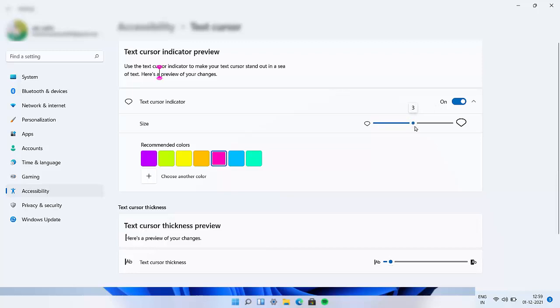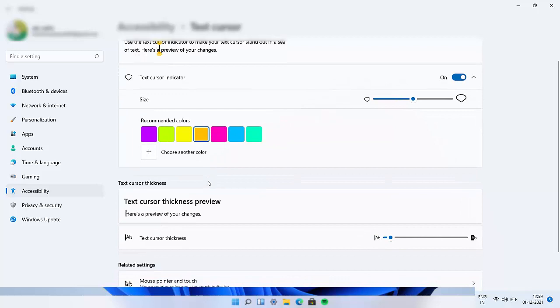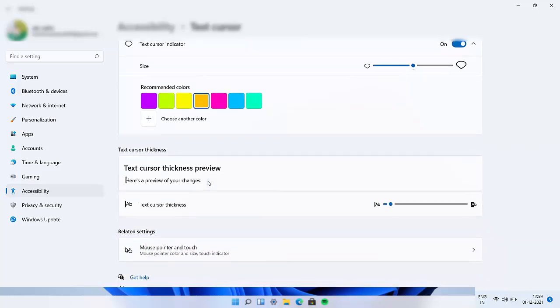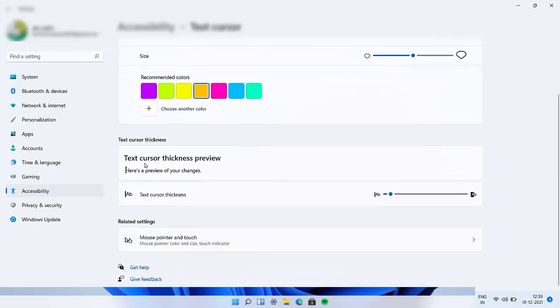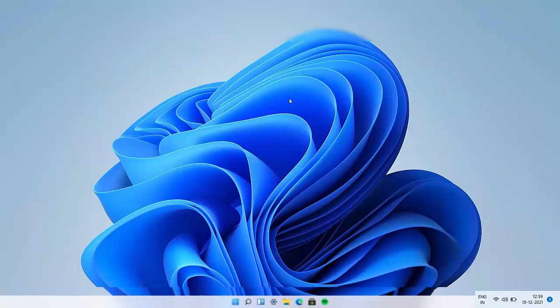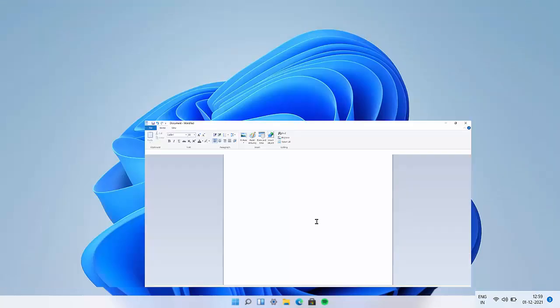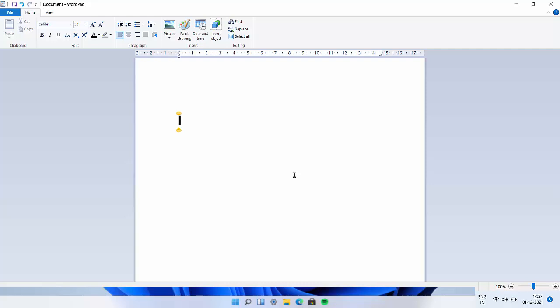of this scale. As you can see, if you want to change the text cursor color, from here you can get the color option. As you can see, from here you can easily select the text cursor color, and just scroll down, and here you can get the text cursor thickness. From here you can easily control that thickness. As you can see, from here you can easily customize your text cursor size, color, thickness, everything on your